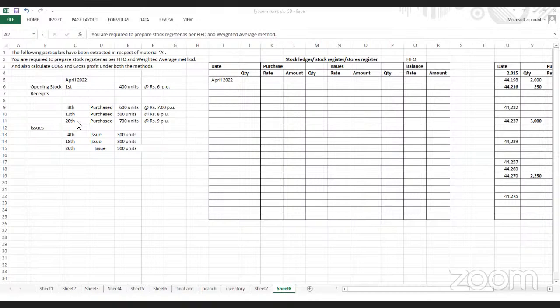Hello friends, good evening. I'll start with stock inventory valuation sum. You see the sum, I'll read it. The following particular